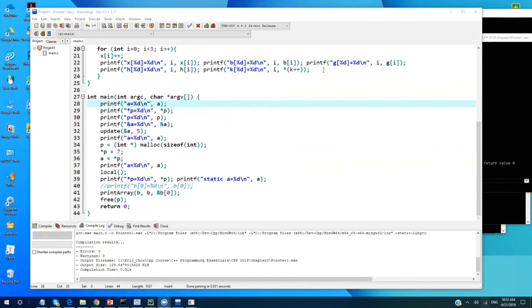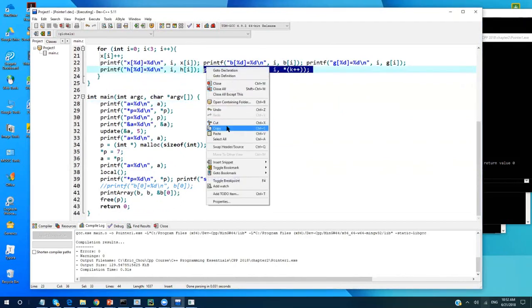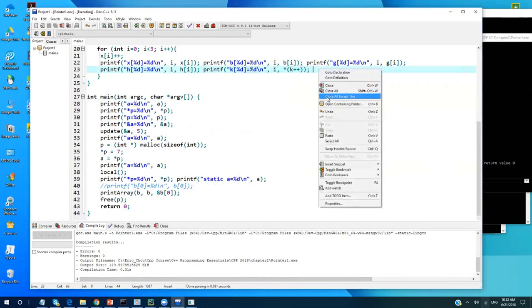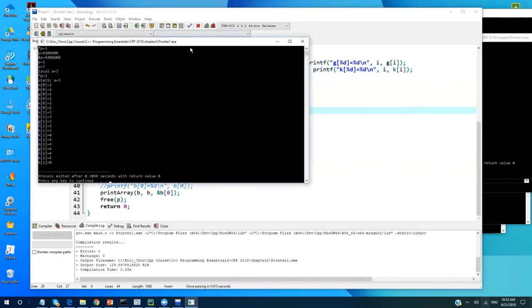So here, if I don't do this, let me copy again, and I put it here. And instead of using the body of K, let me do this, using K and put an I over here. If I do this,